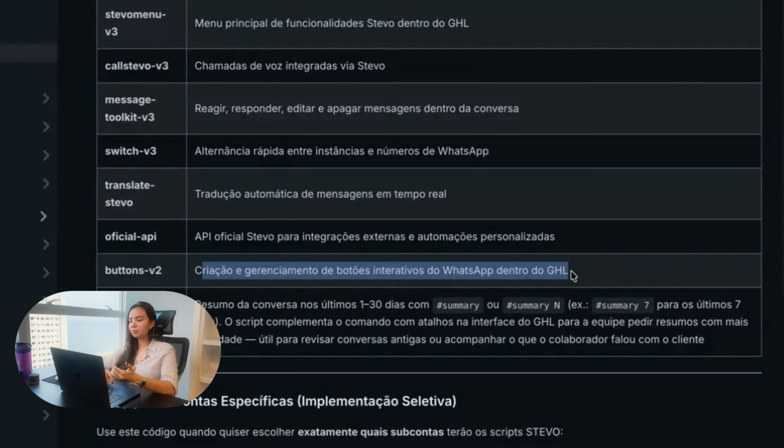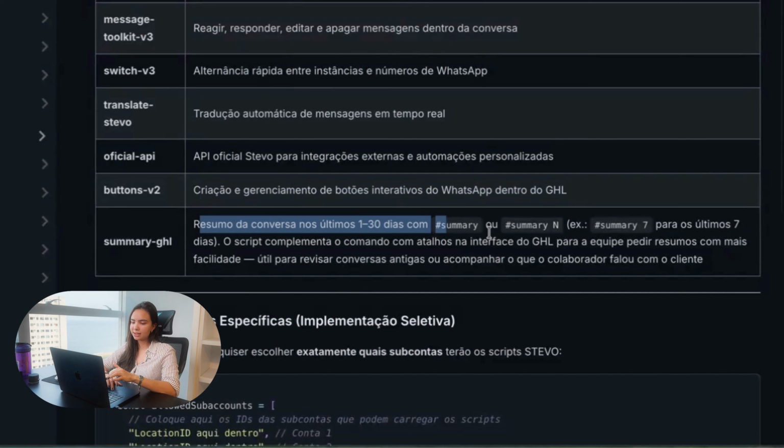Another is the script that lets you add buttons right there without having to go elsewhere. In our menu on our other page to create the button, so we've already added this as a script inside GHL for you. Very easy. You create the button, save it, and send it whenever you find it convenient.